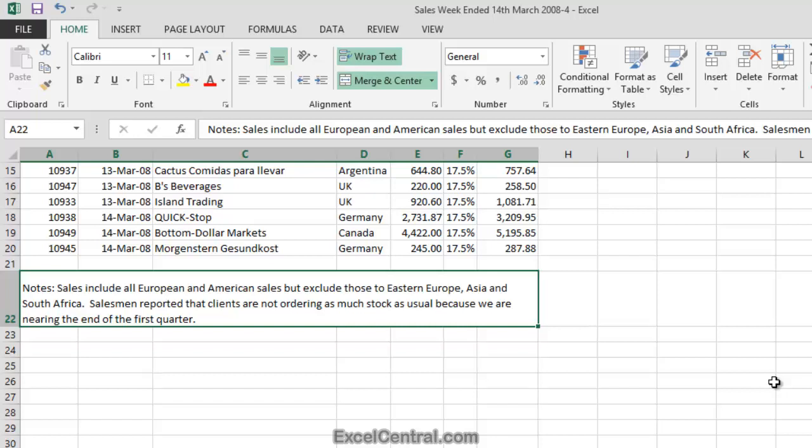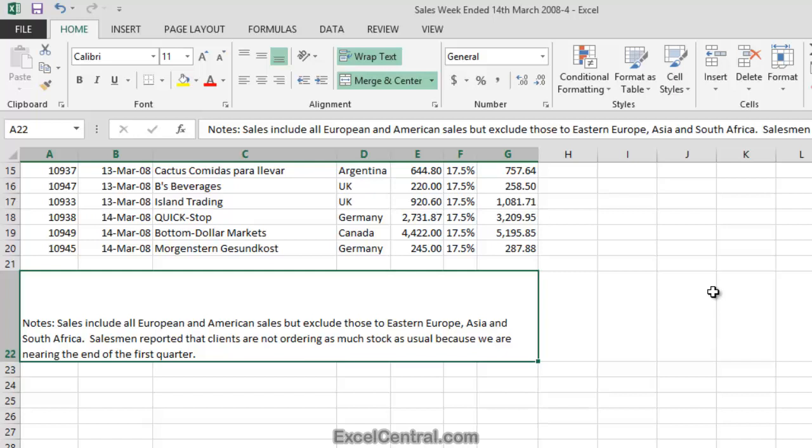The job isn't quite complete because you can see that the text is vertically aligned to the bottom of cell A22, and we'd probably want it aligned to the top. You're going to learn how to do that in the next lesson, lesson 4.7.